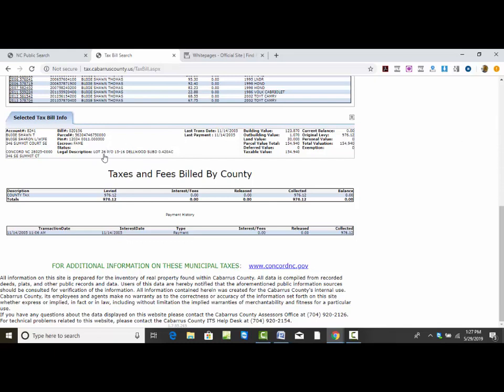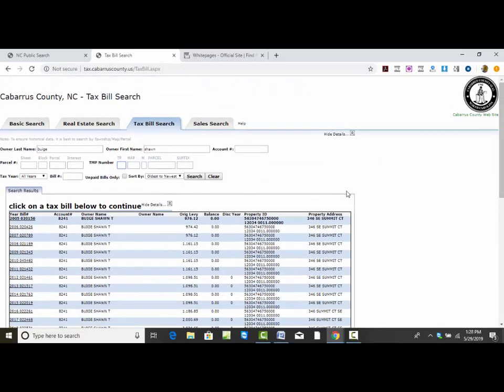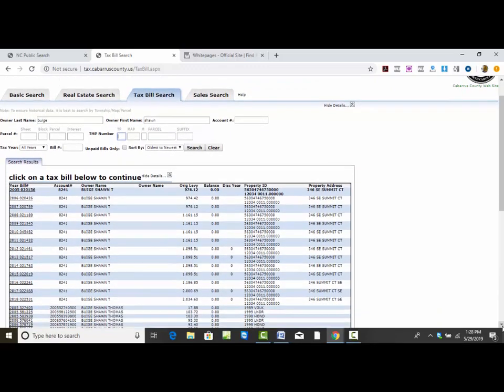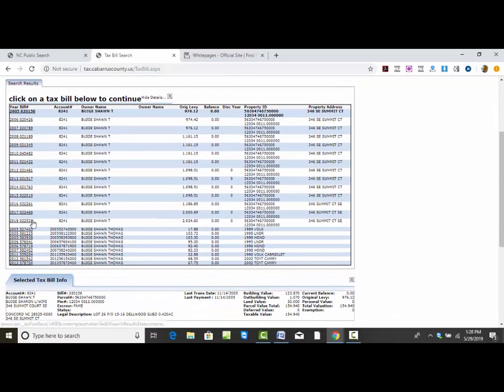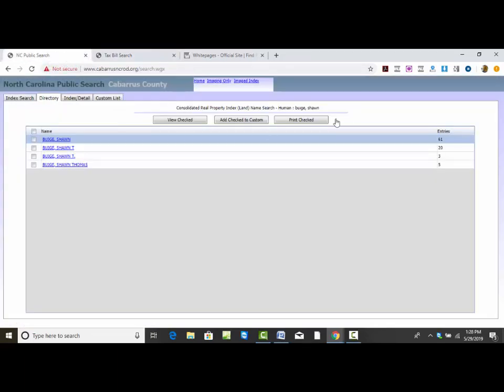here we go. Legal description. Okay, lot 26, part of 15 to 16 Delaware subdivision. This is huge for you guys to see. Now, what I need to do is make sure that this person listed in the tax base is the actual current owner, because I might have quitclaimed this deed. You can see the last entry was for the 2018 bill. I might have quitclaimed it to someone else in the meantime, so you want to make sure that I didn't do that. So once I've double checked and gotten that basic information and used that